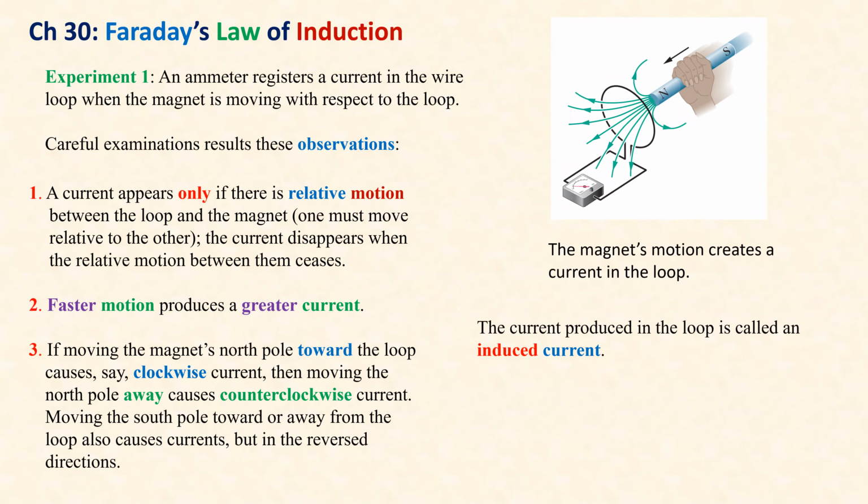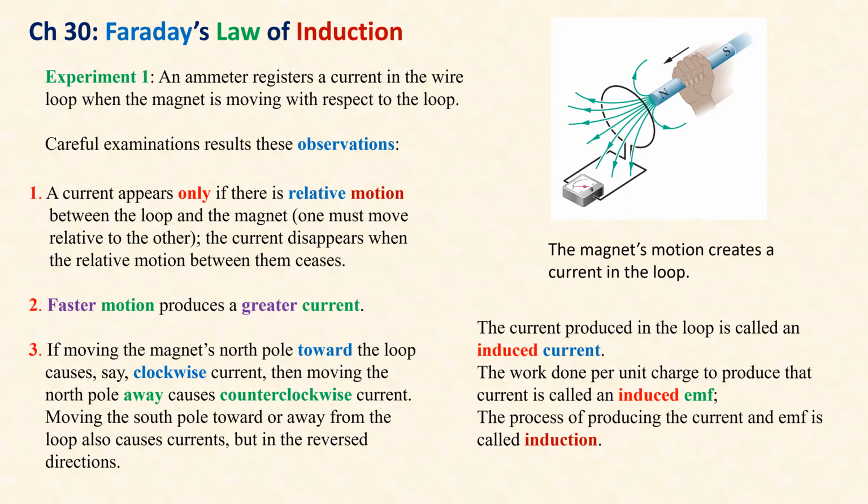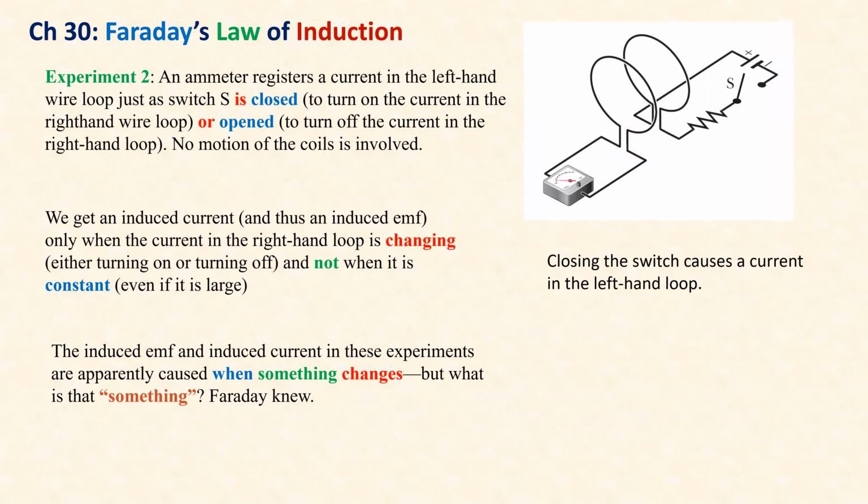The current produced in the loop is called an induced current. The work done to do this, and later on you will see that it is in fact the electric field created, is called induced EMF. And the process of producing the current and EMF is called induction. So this is the first experiment that involves motion. So if you have a magnet, you have to move it relative to the loop in order to create a current in there. But here's another